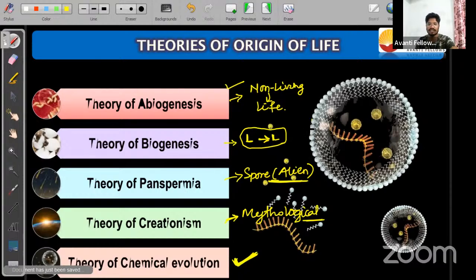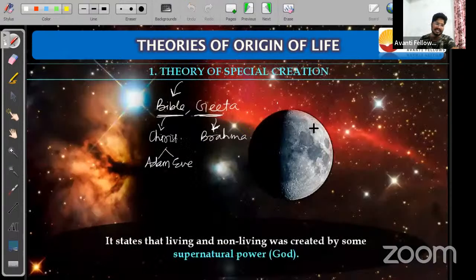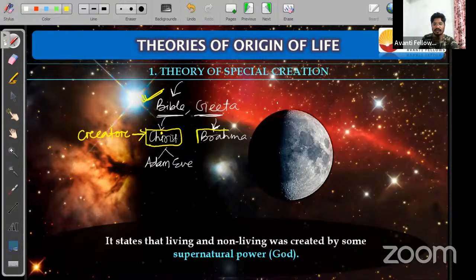Now let us talk about the theories of special creation, as I told you. Okay, so according to Bible, you can see here, Jesus Christ is the creator. Who is the creator? Jesus Christ is the creator according to Bible. And according to Gita and Hindu mythology, Brahma is the creator of life on earth. And according to Bible, Jesus Christ is the